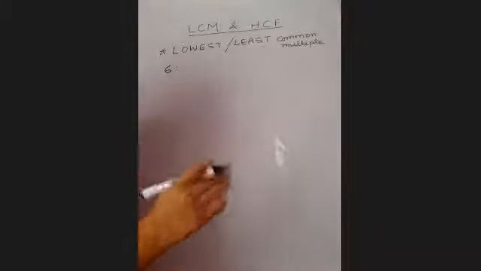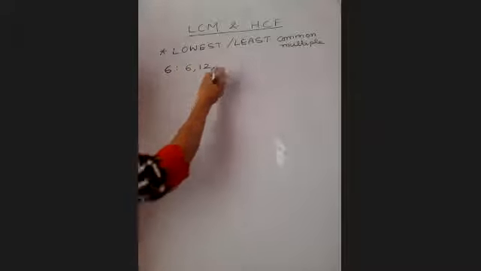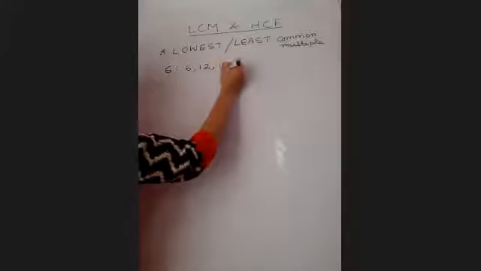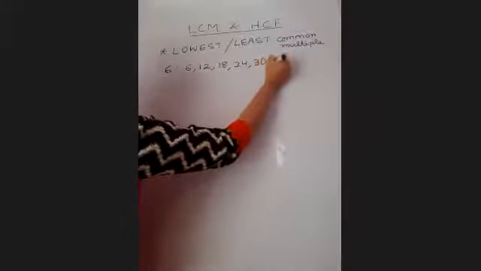As the name says multiple, the numbers which come in its table, obtained by multiplying. From multiple, keep the term in mind, multiplying. So 6 ones are 6, 6 twos are 12, 6 threes are 18, 6 fours are 24, 6 fives are 30, next multiple 36, and so on. Right? So these are the multiples of 6, beta.